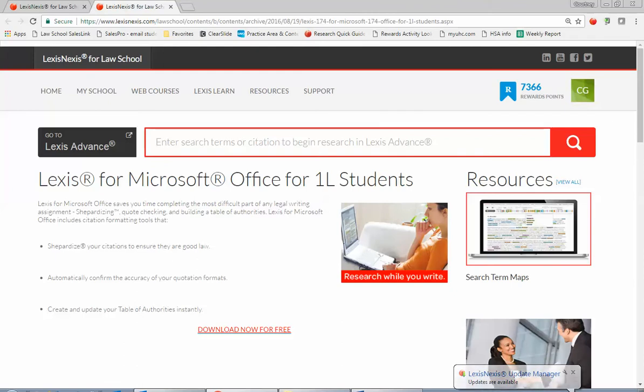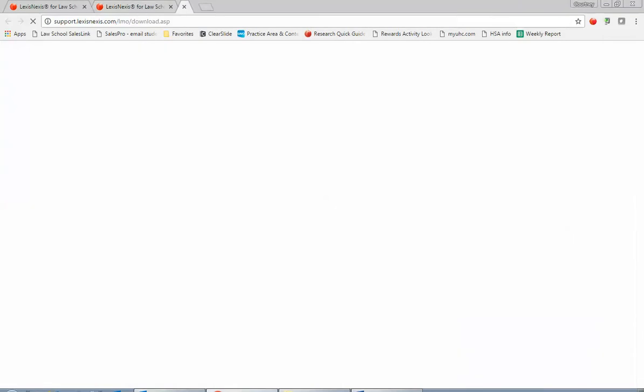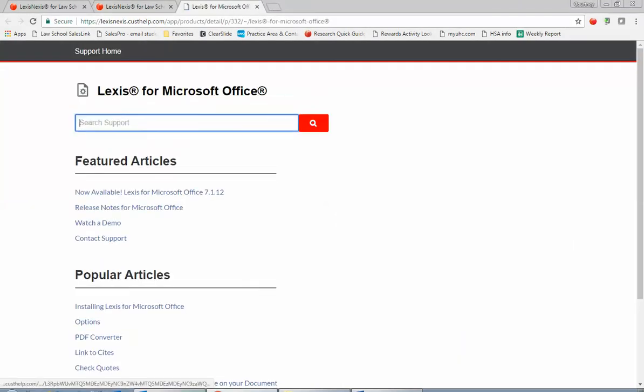This is a program that goes much beyond just the creating of the table of authorities. It allows you to draft and research integrated into one platform. So just some of the features are turned off for a 1L student. So if you want to download it, just go ahead and click on download now. It's going to take you to a download page and you're going to select now available Lexis for Microsoft Office